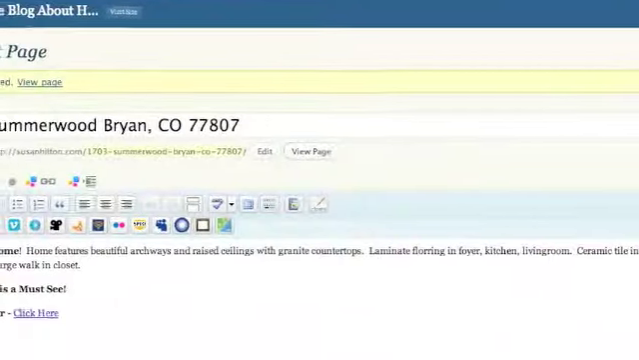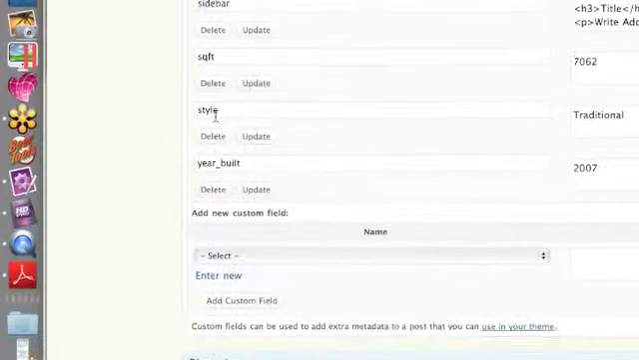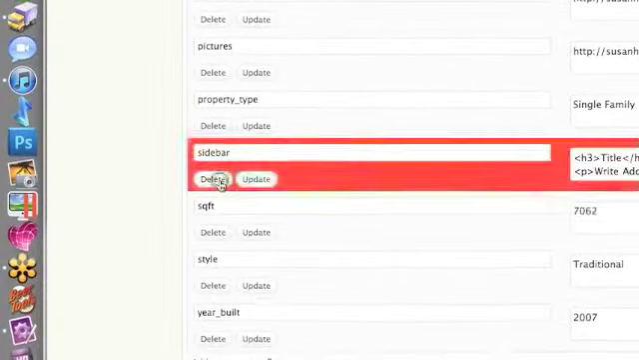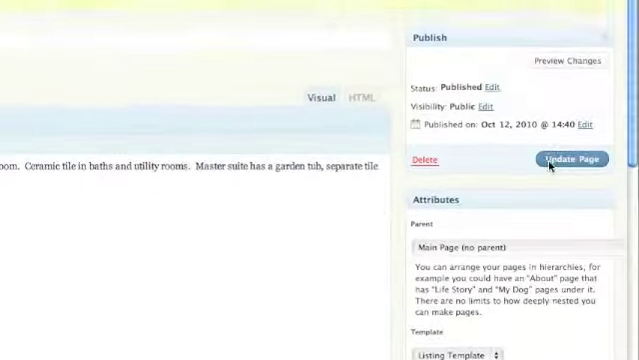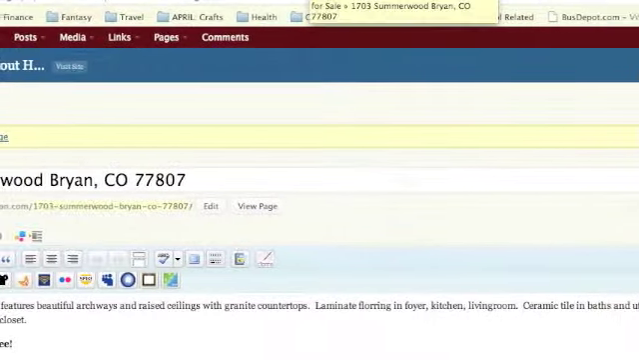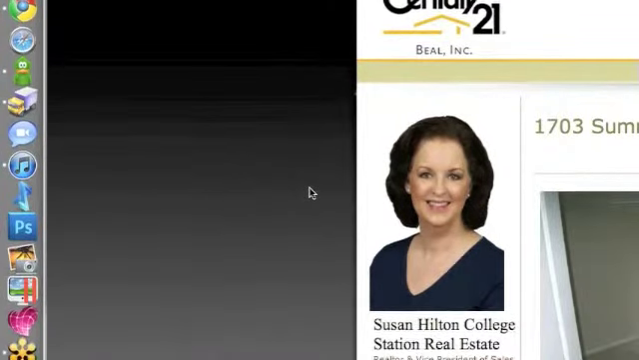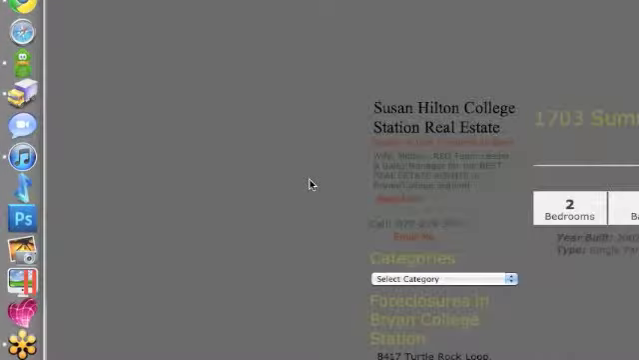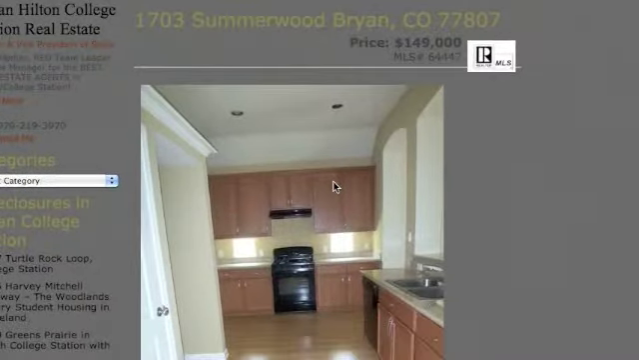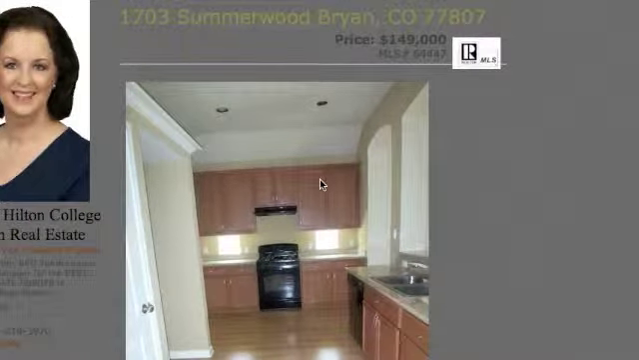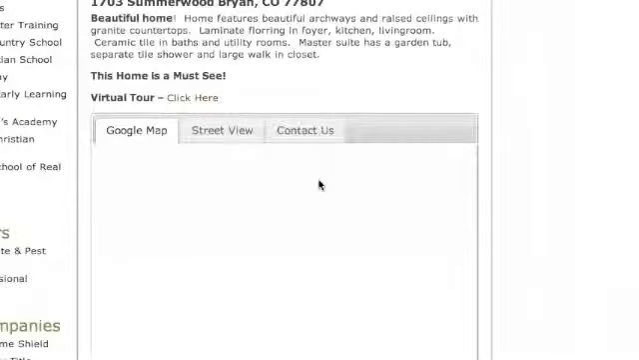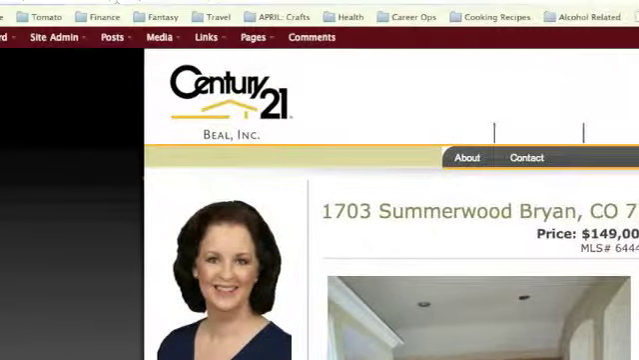If you don't, I can go back in here, for instance, go to the sidebar field, click delete, go back up. Let's go ahead and update this page. And then I'll go back to the page and refresh. And you'll notice now on Susan Hilton's website, the standard sidebar appears. Now you can easily link to these pages that you've created by copying the URLs,